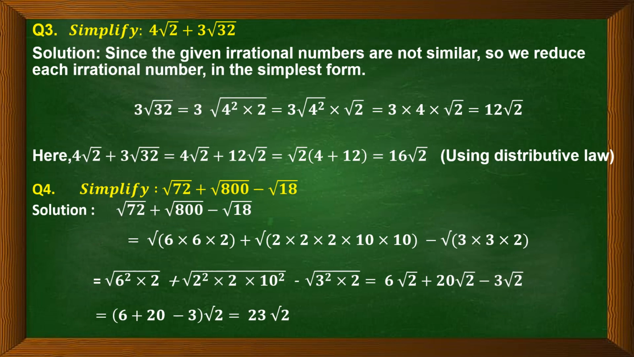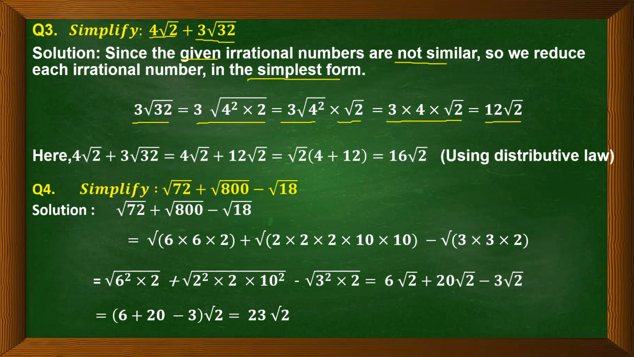Now question 3 is 4 root 2 plus 3 root 32. Now if you observe these irrational numbers, they are not similar, so we have to reduce them into simplest form. Root 2 is already in simplest form. Let us reduce root 32. So 3 root 32, 32 can be written as 16 into 2, which is 4 square into 2. Now root of 4 square into root 2, which is 3 into 4 into root 2, which is equal to